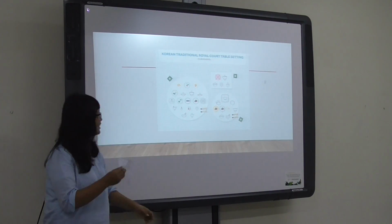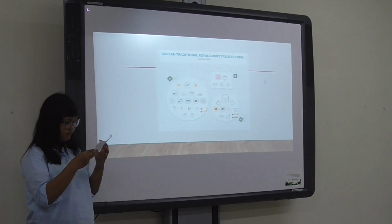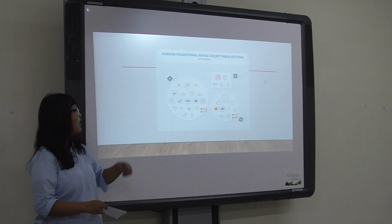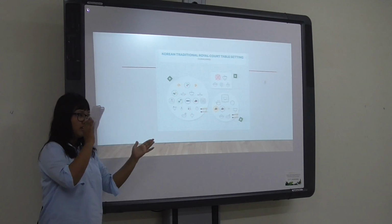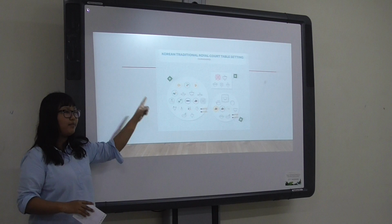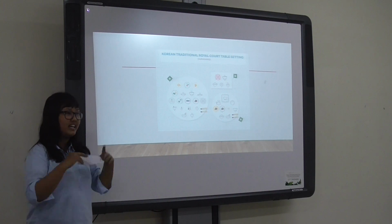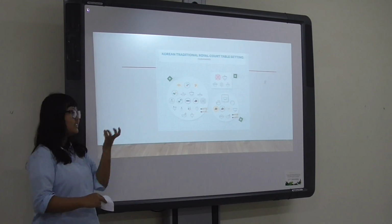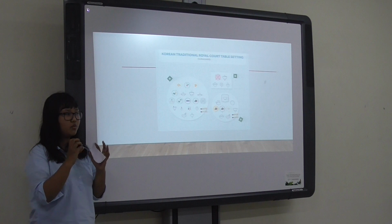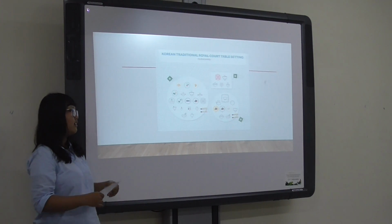Cek sambat contains eggs, various vegetables, and then several types of sauces. So maybe in the Joseon dynasty period, not everybody could eat this royal cuisine, but right now everybody can eat it. But it's quite expensive because it has good quality dishes, like maybe meat